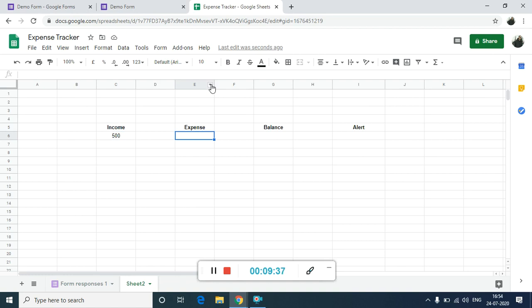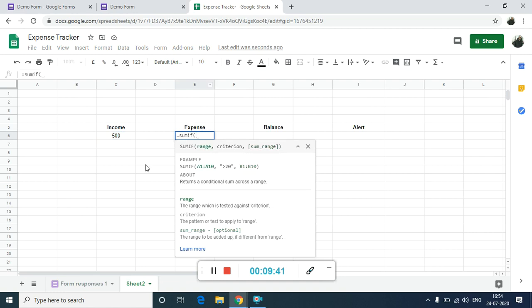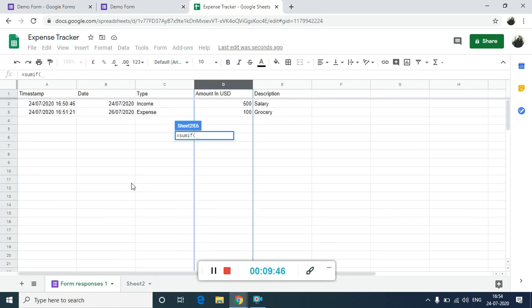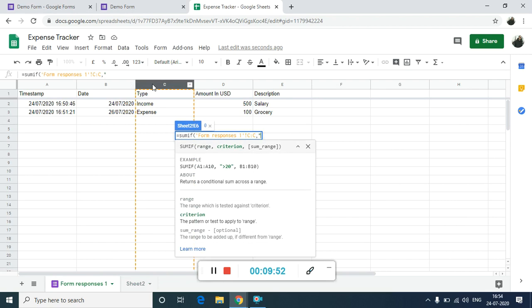Now same goes for expense, equal to SUMIF. Again we go back to this sheet, we click on C column, comma, inverted commas, expense, inverted commas close, comma.